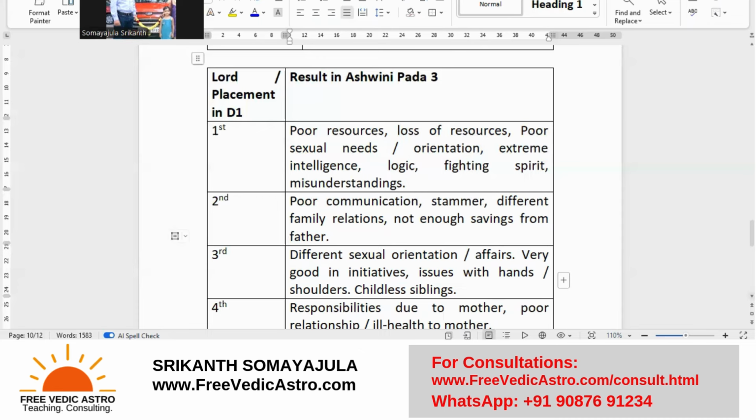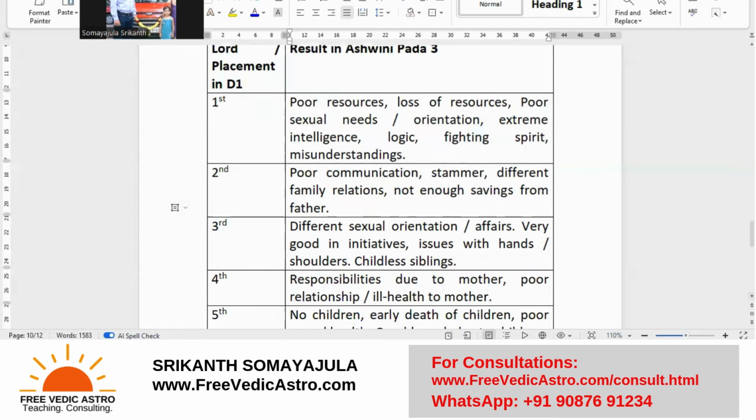Third house, this is where I would again say to be a little careful, or circumspect, before you utter words like affairs, etc. Just don't look at one thing and keep jumping in the air saying, look, I found one thing to have an affair. If an affair has to exist, it is actually more difficult to make an affair than to go around in the world and say, look, I'm going to get married.